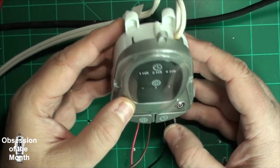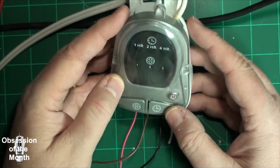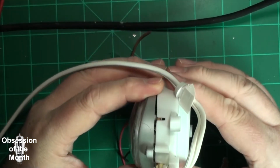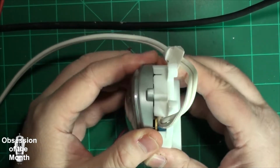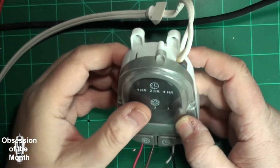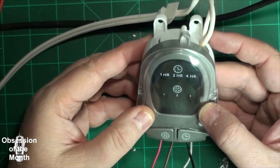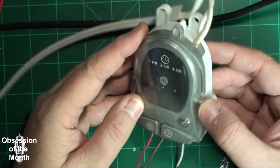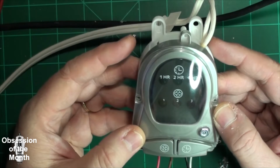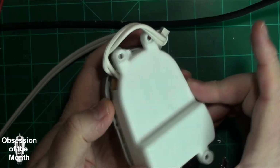So the reason I took this one apart is the fan was very old, and I had taken it apart and oiled it on a couple of occasions, I think about 3 times, and I've had it for, oh gosh, 10-15 years. I didn't feel like taking it apart and oiling it and then putting it back together, and it was making noises and whatever. So I took this out, and this runs off of 115 volts, and you take the back off,